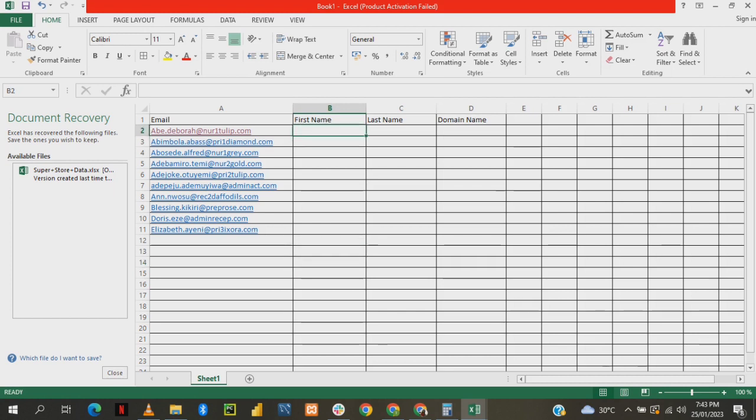So normally what you're going to do is you get to type it out yourself, right? So you type in your Abe, you type your Deborah, and you type in your no one tulip, and then you go down and you type again as normal, and you're going to type in your Abimbola, and then your Habas. You see, doing this means you're susceptible to making mistakes, and you may not be able to tell what mistake you're making because you're focused on typing,